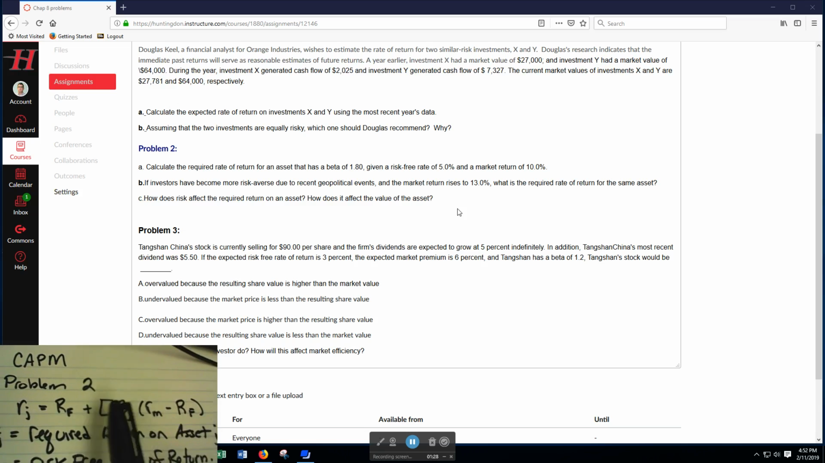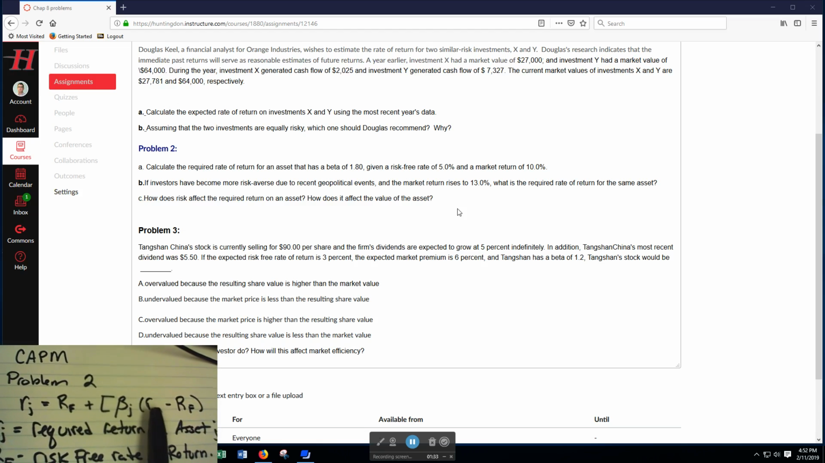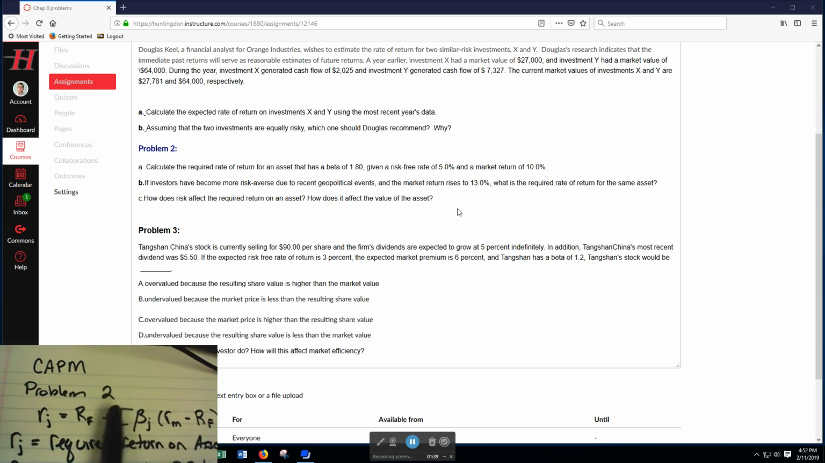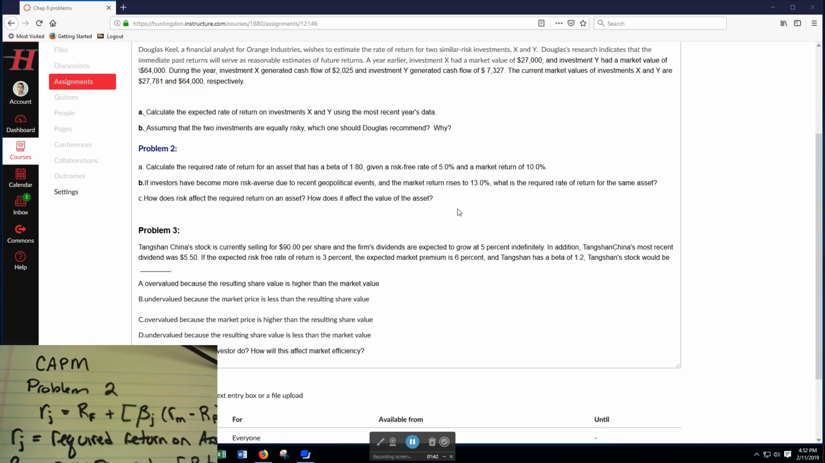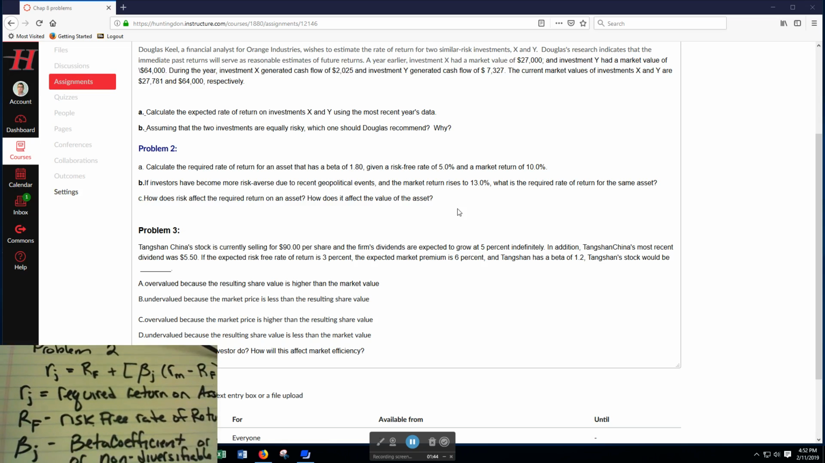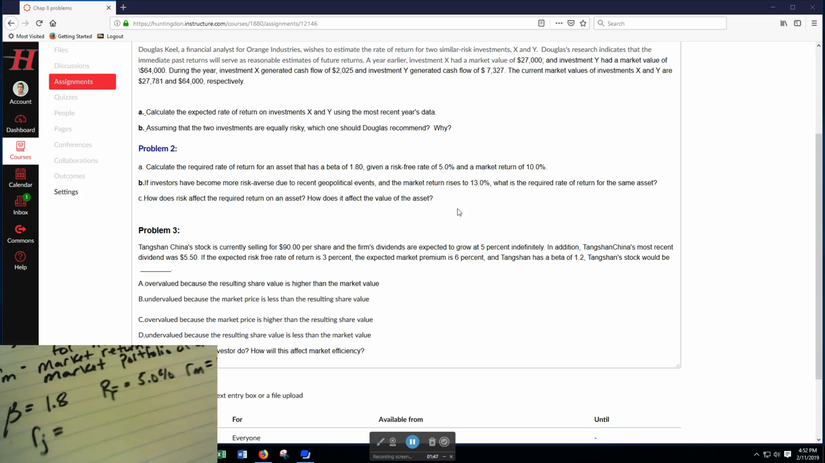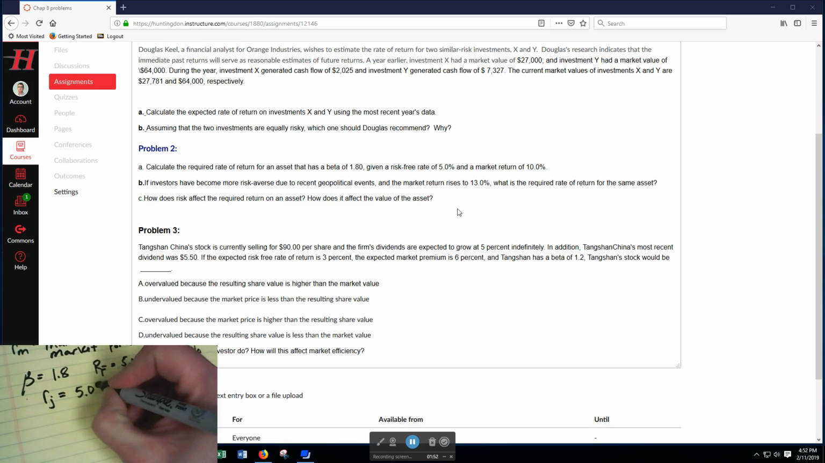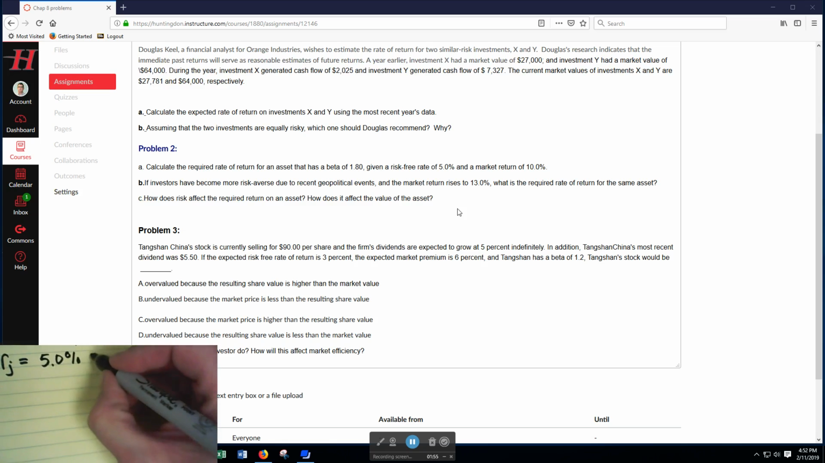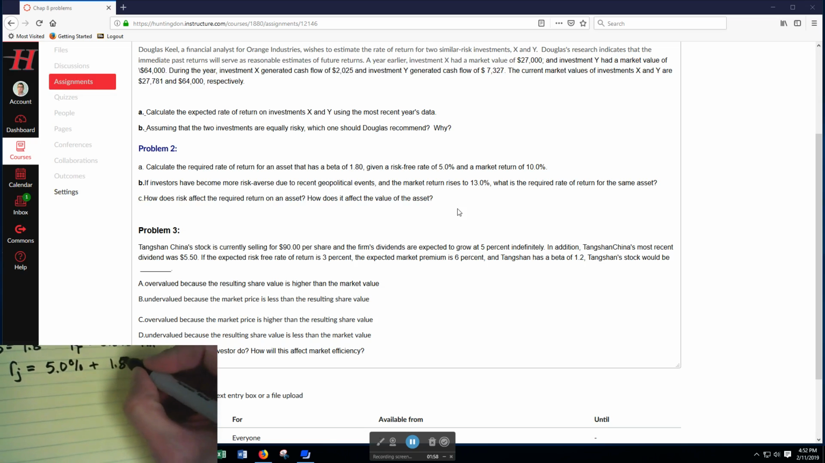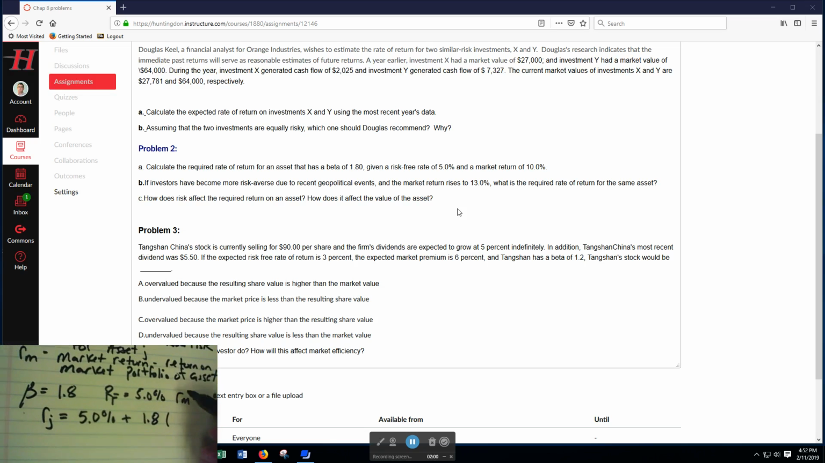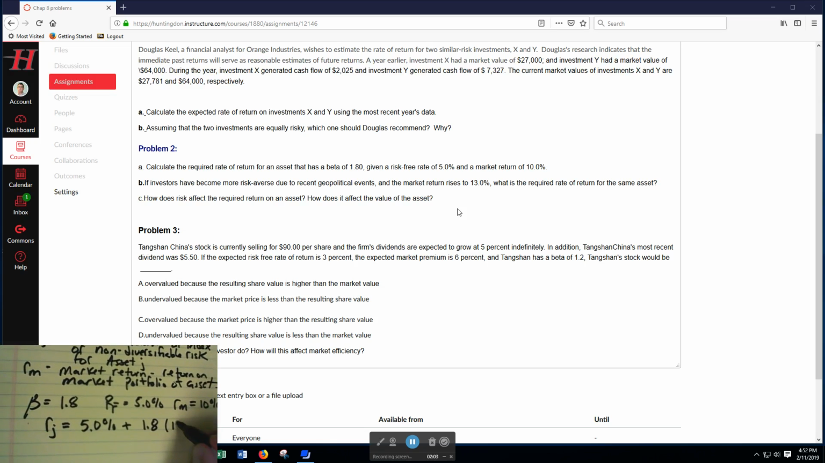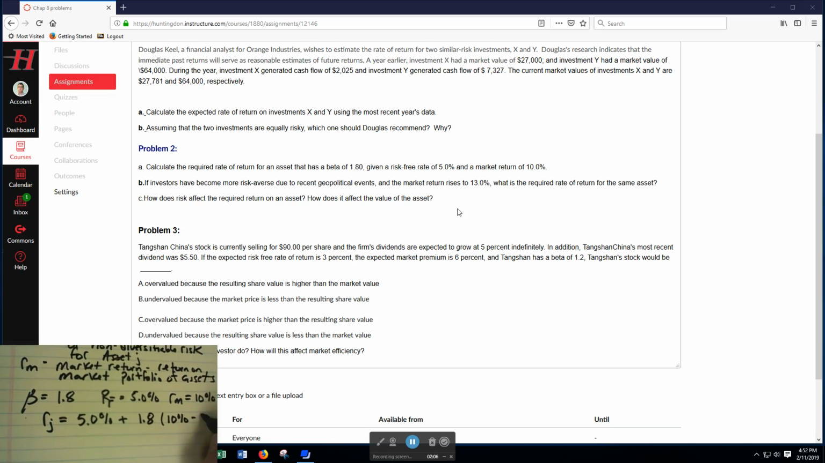And here's our equation. We're going to take that risk-free return plus our beta times the difference between the market return on that market portfolio of assets minus that risk-free rate. And that's going to give us the required return that we would need on this asset in order to invest in it. So R sub j is equal to 5%, which is our risk-free rate, plus that beta 1.8 times the market rate, which is 10%, minus 5%,